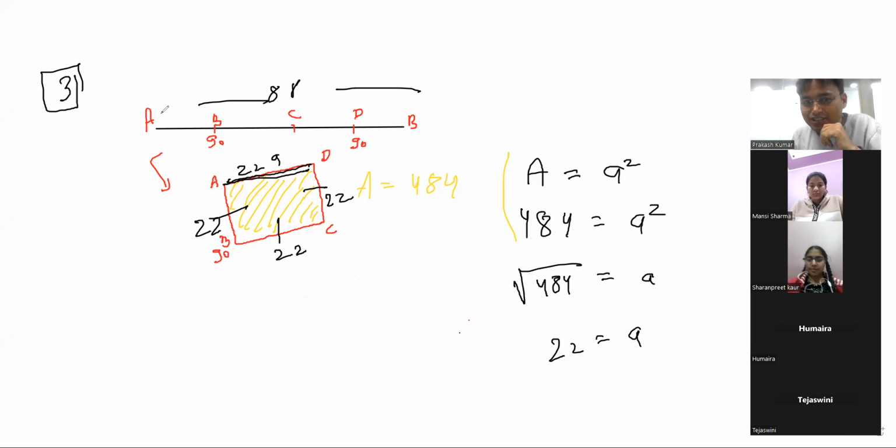So now this wire length is what? 88. Now come to the next point. Earlier I was bending this wire in the form of a square. Now I want to bend this wire in the form of a circle. Now I come to the length of this. I know this length is 88. Now I'll bend in the